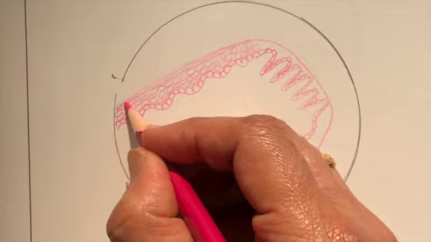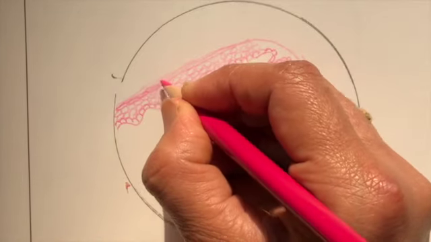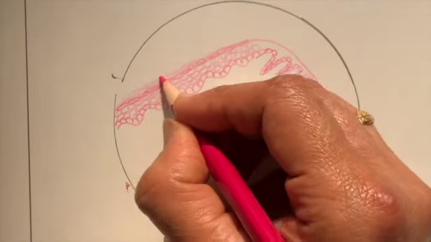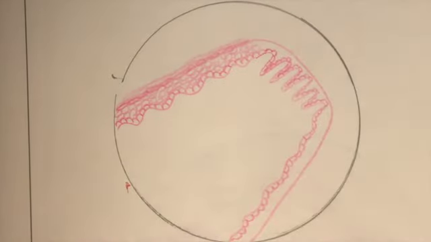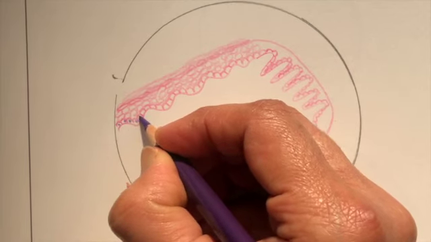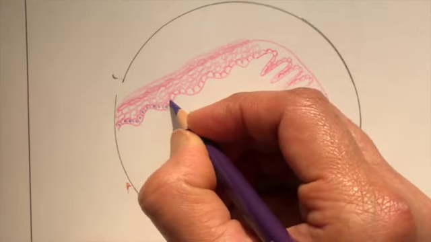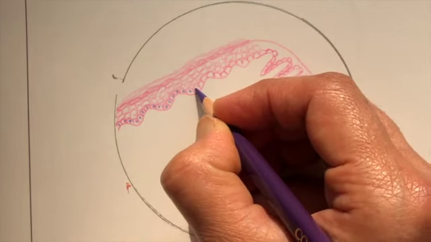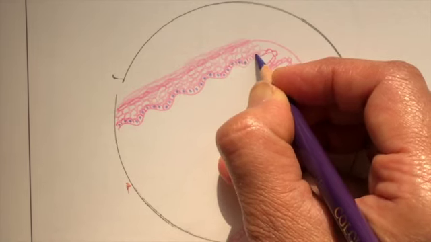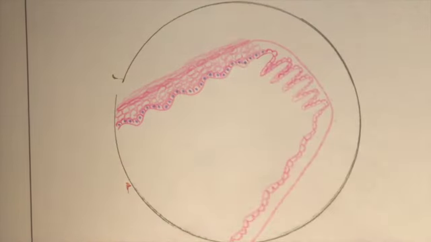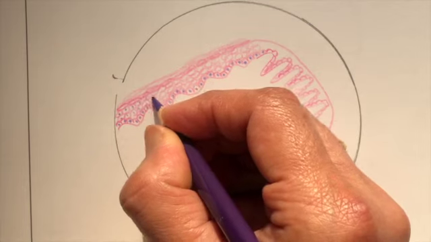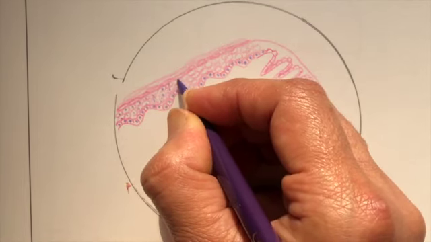We can draw a layer of flattened cells as well in between, and the keratin layer. And we will draw the nucleus for each layer now. The basal cell layer will have nice, beautiful, large nuclei, placed at the same location in the cytoplasm. That is the reason we get a very prominently seen layer under the microscope. This basal cell layer, we'll be seeing as a very prominent layer. Then the spinous layer nucleus.